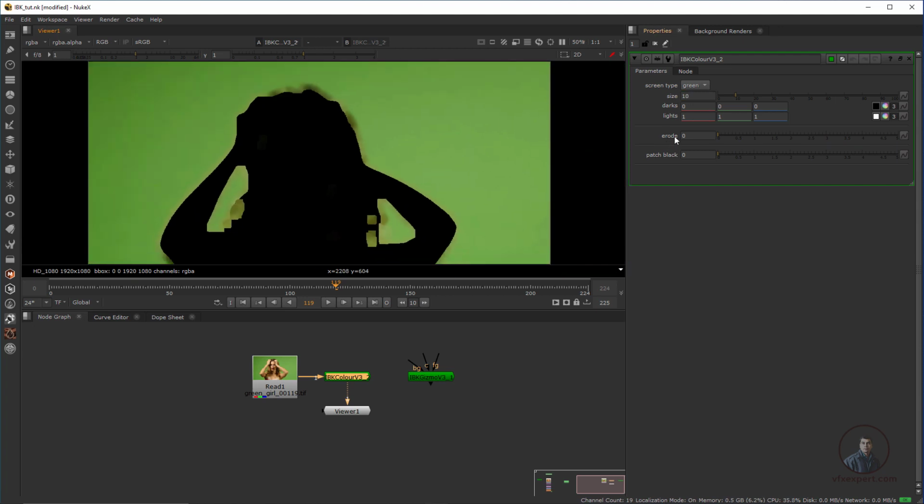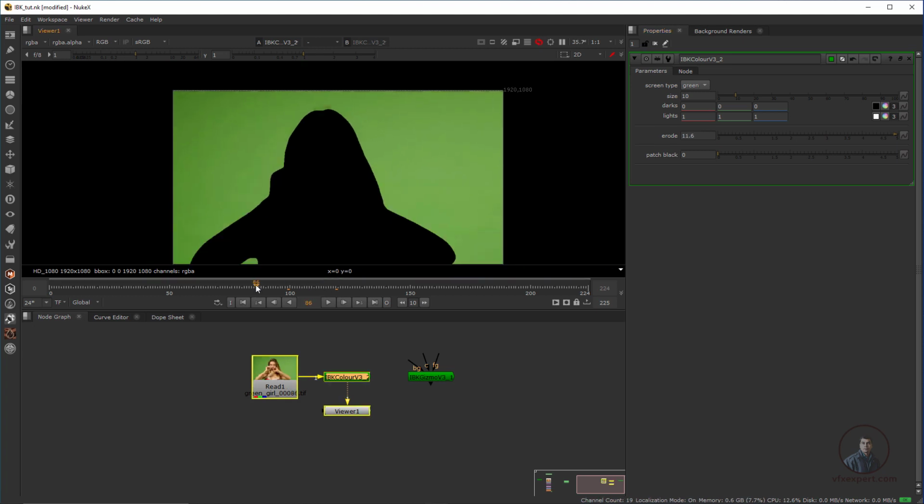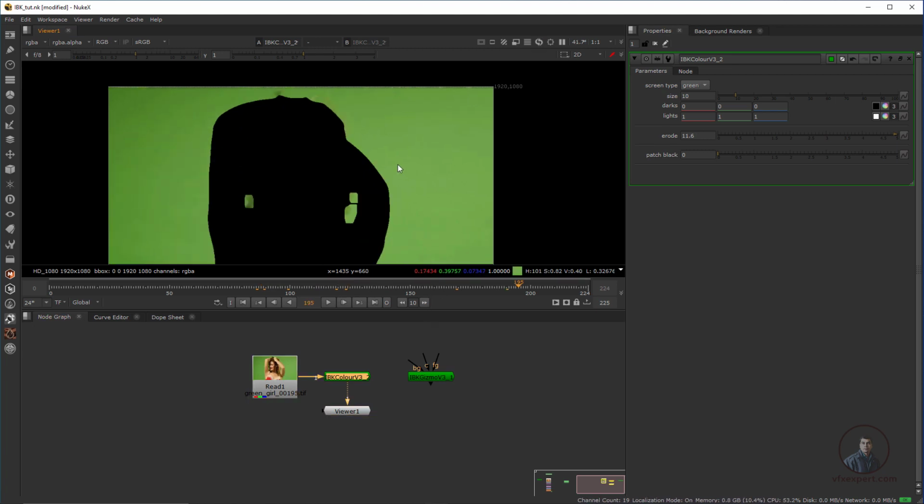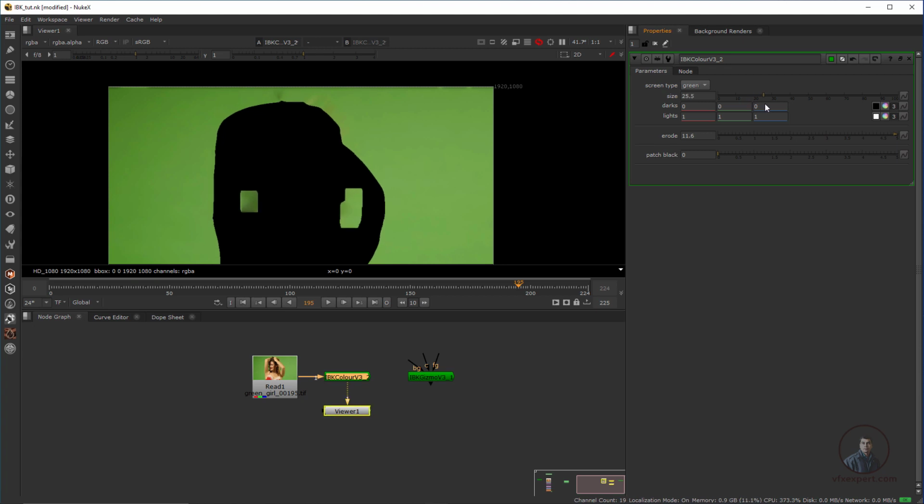We will adjust erode a little bit, so we will cover this area. Now just adjust. You can see a little bit of adjustment here. Maybe click and drag, or even click here and type a value like this, not too much. Here I have covered all our semi transparent pixels. Now after this we have to remove all these black pixels. How can we do it? With the help of this size value you can adjust, and you can also use this black patch here.